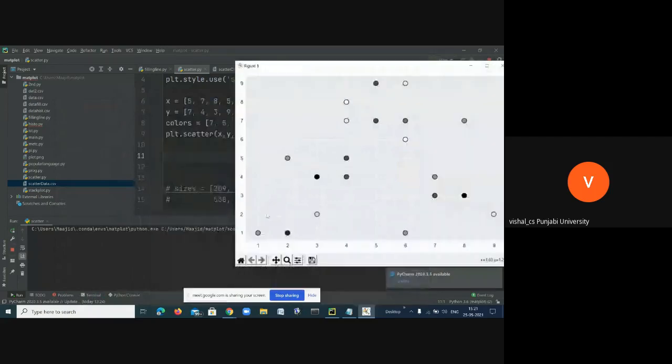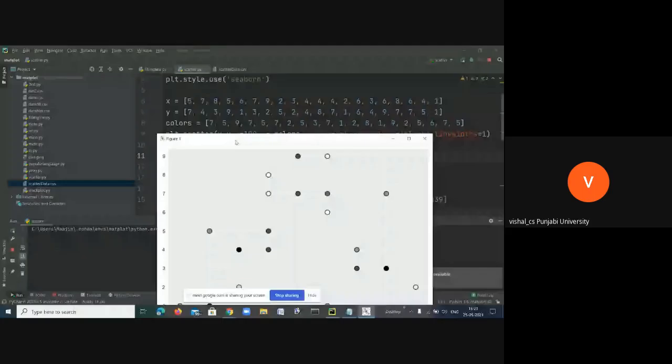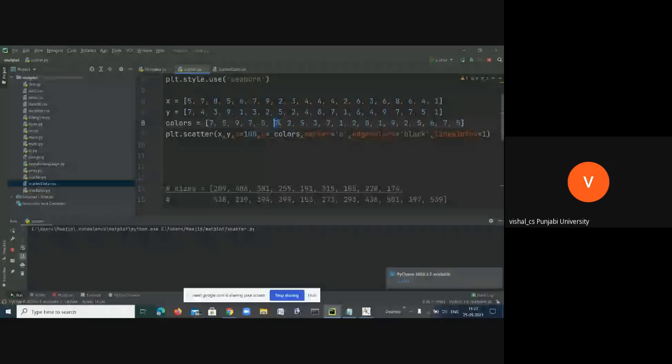See, why does 5 and 2 also have this color when we are plotting 5 and 2? The corresponding color of 5, 2 and 2 is also 7. So you can pass different colors here.